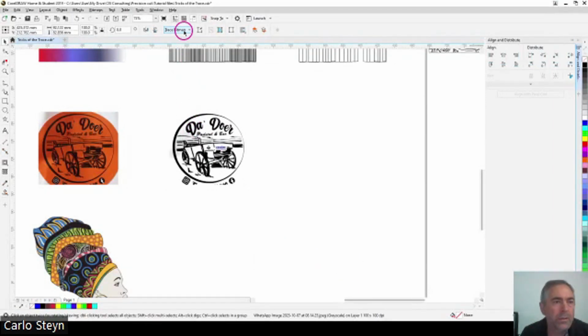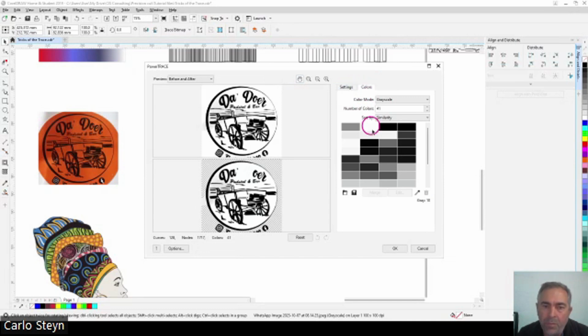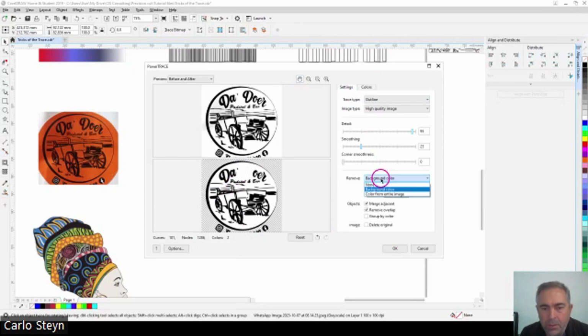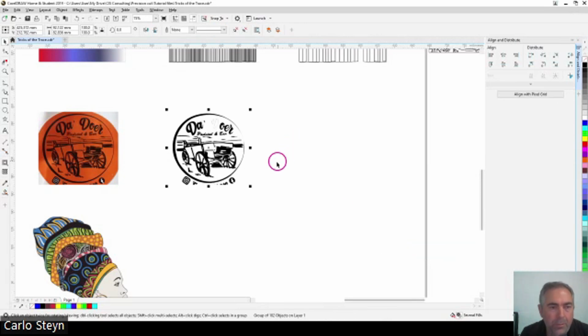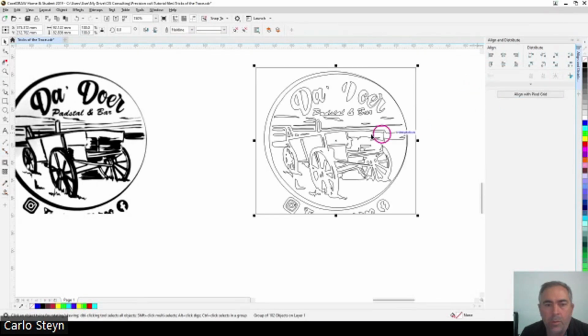So we can have a look at that. Trace that one. And we're still missing the D, but I'm not going to be too concerned about that. So if I go to my colors now, I only need the black and white. I don't need all the colors that we have got there. I can go to the black and white on my settings. Don't want to change anything there. I can take that over, and that is not a bad file to work off,